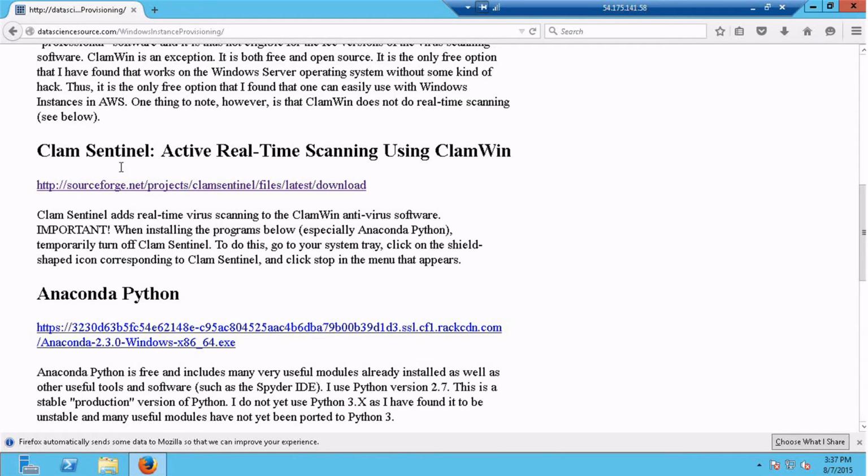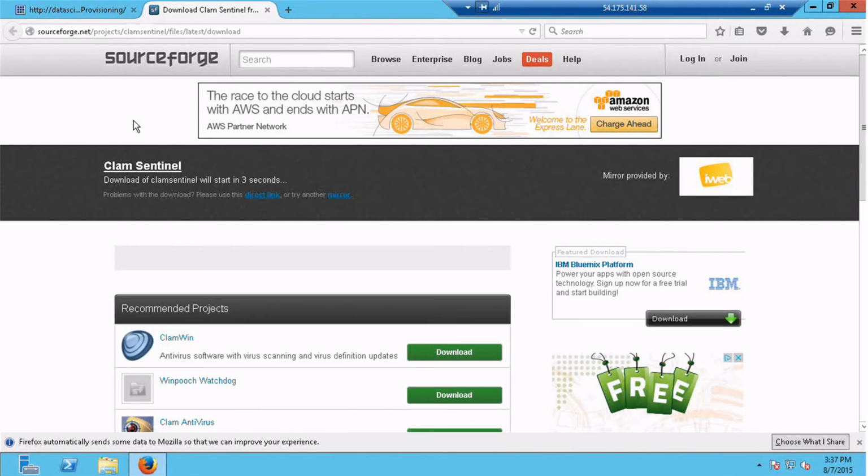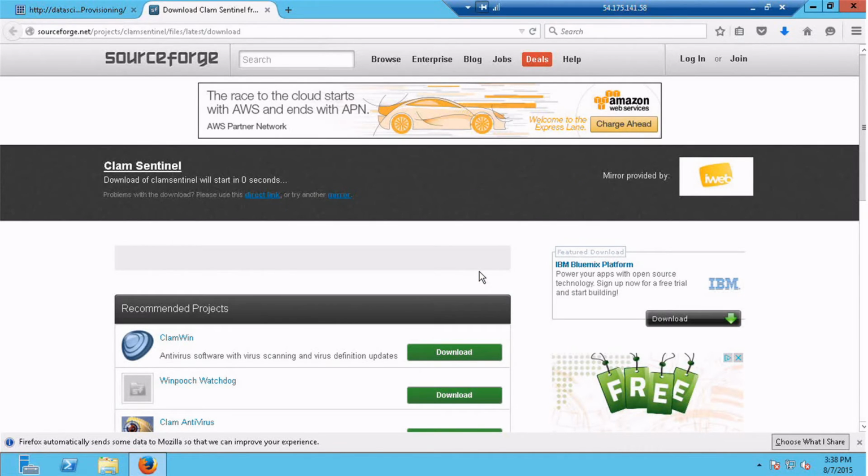So I'm going to go ahead and click on this link, and it will come to a SourceForge page again. Don't click on anything again, just wait until your download starts. Once you get the dialog for saving the file, click Save File, and the download will begin. Once the download is complete, which in this case was essentially immediate,